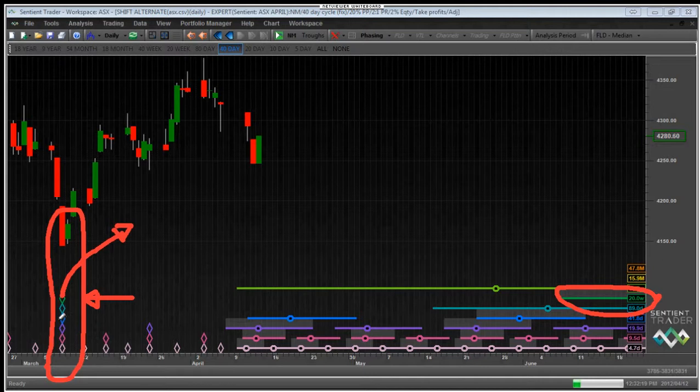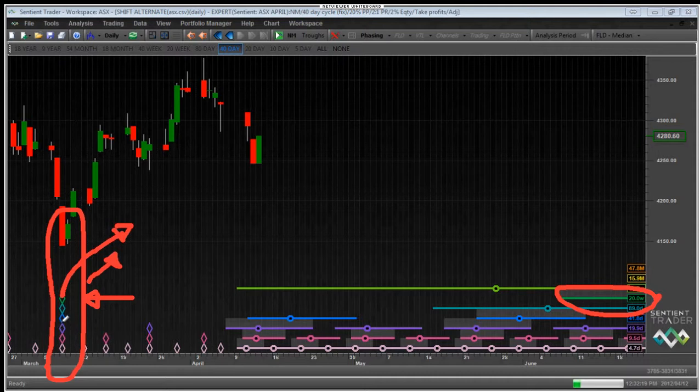What has been happening since then? Well, of course, the 20-week cycle has been bouncing up, has been causing price to move up. The 80-day cycle experienced a synchronous trough. In other words, it had a trough on exactly the same day, as is indicated by that cyan-colored diamond directly beneath the 20-week cycle diamond. So the 80-day cycle has also been bouncing up.